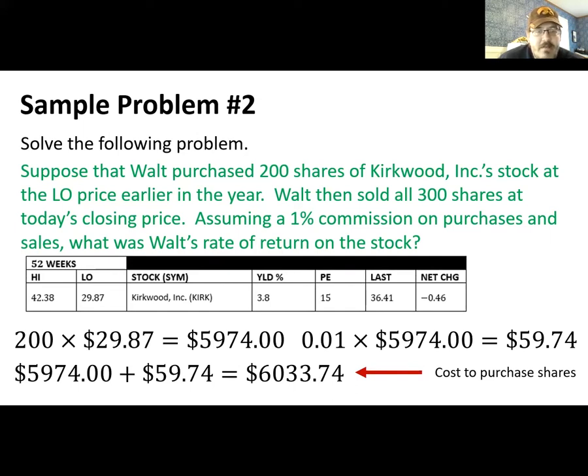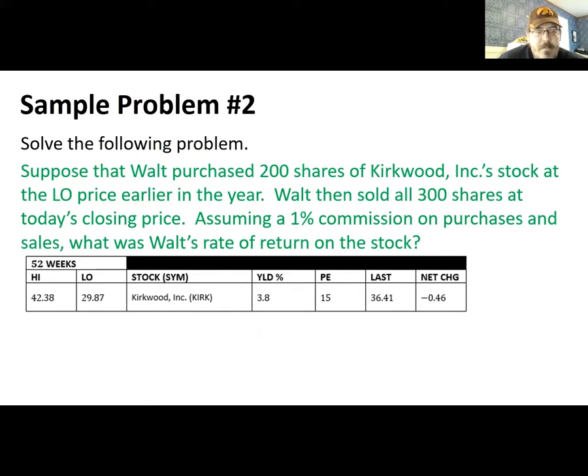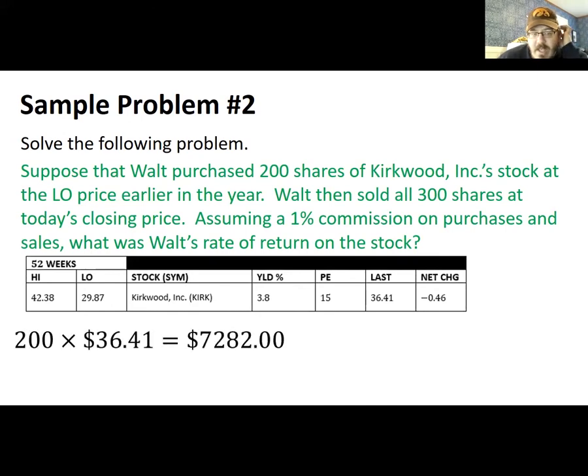Now, he's had the stock for a while, and now he's going to sell them, based on today's stock quote. So he's going to take his 200 shares, and now he's going to sell them for the $36.41. So he bought at a lower price, he's selling at a higher price, so it makes sense that he should make a little bit of money on this. So again, when you do that calculation, he's going to sell them for